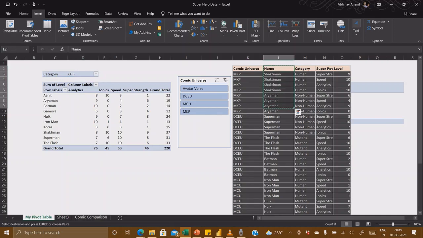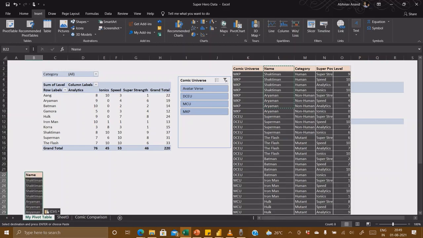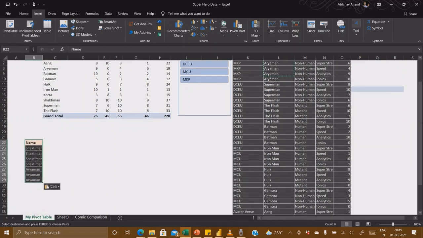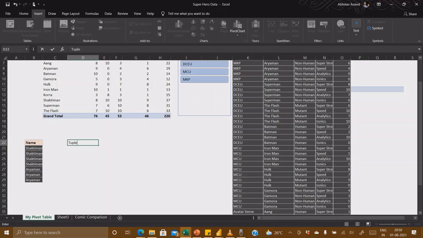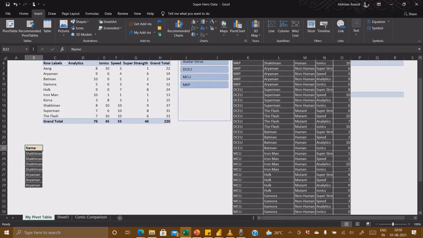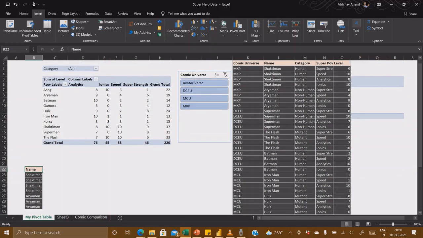If I take something like this, only this part, copy paste it here, this is a tuple. If anyone is experienced with Python or something like that, he might know what a tuple means. Tuple, T-U-P-L-E. Okay. So basically the single column which is filtering is called a tuple.